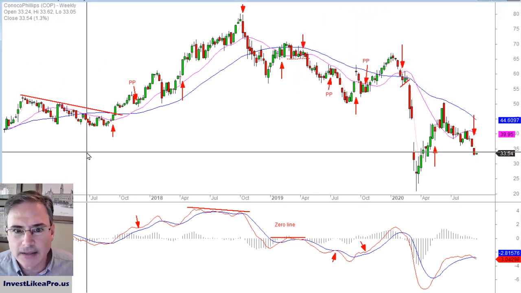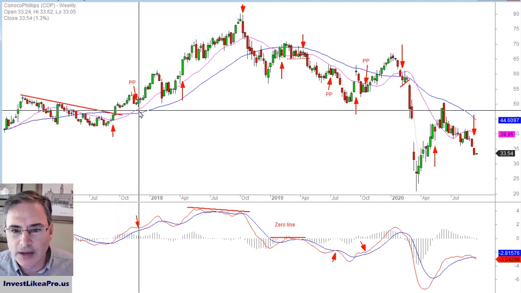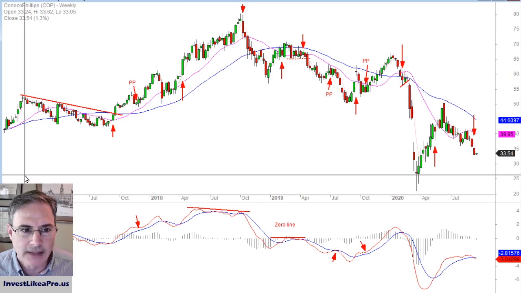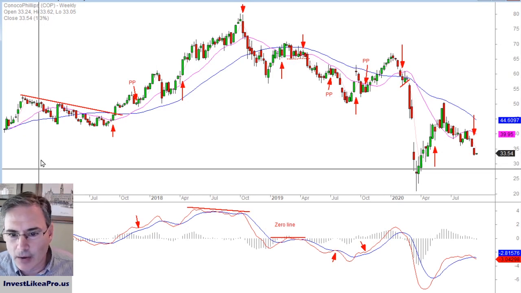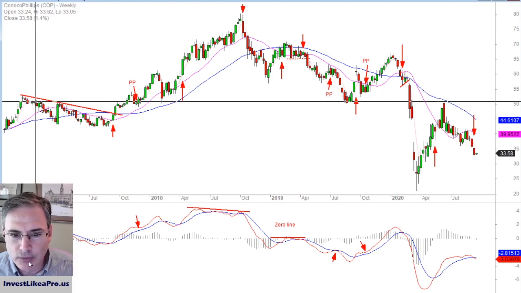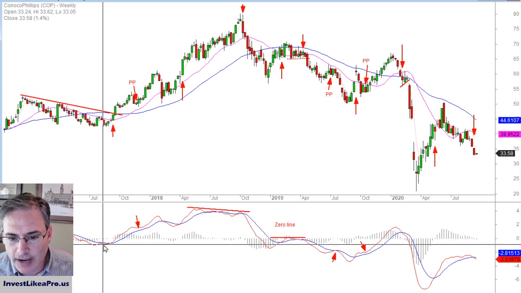So this stock is Conoco. I've got a weekly chart up. And we're going to start on the left side. And we're going to go through all these different signals in terms of MACD that took place. And I want to make sure you get a real good idea of when these signals are, I believe, to be really useful and give you an edge, and where there are times where you kind of have to wait for an alternative signal. So if we start here, and you notice MACD was down, turning down, and it overran